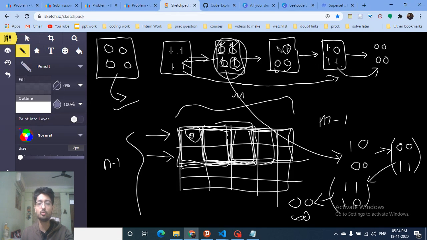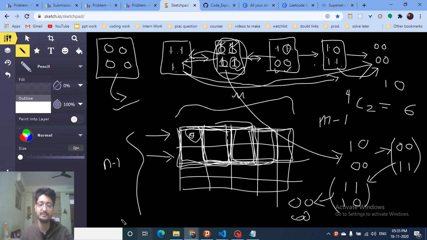If any 2 of them are on, I can come from 2 to 1, to a state in which only 1 bit is on, and from 1 I can go to 4 bits on, and then from 4 I can go to 0, which is standard. So from 2, how can I go to 1 bit on? Let's assume that there can be a lot of cases, because there are 4 positions and 2 bits are on, so 4C2, which is equal to 6. So there are 6 cases, which means it can be like this, it can be like this, it can be like this, and so on.